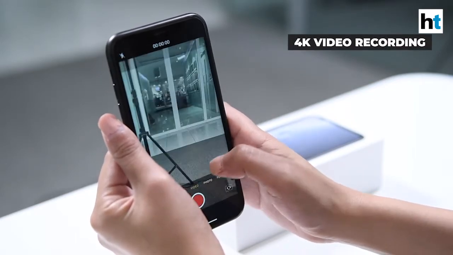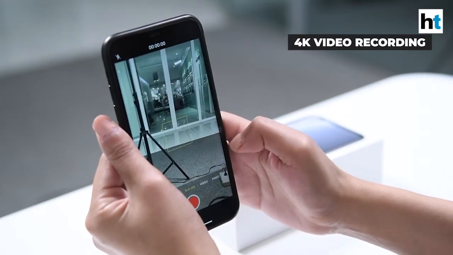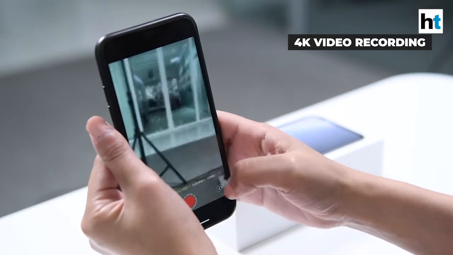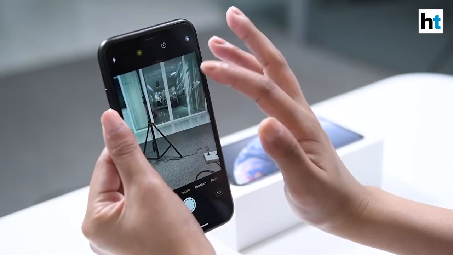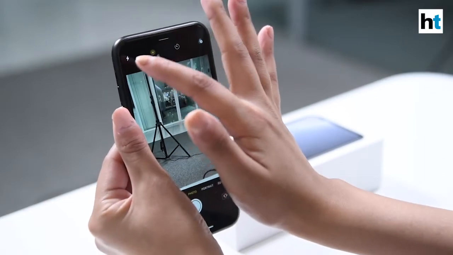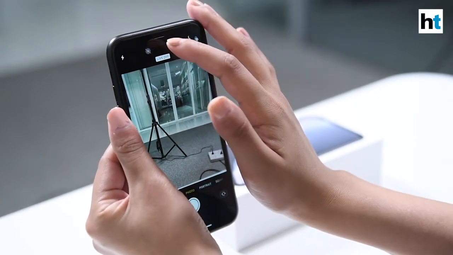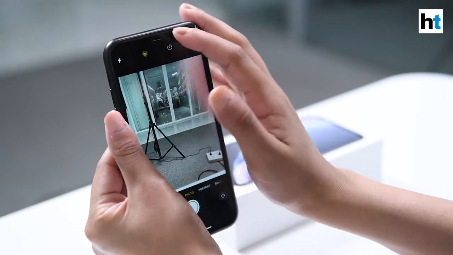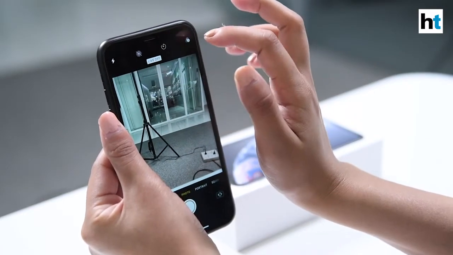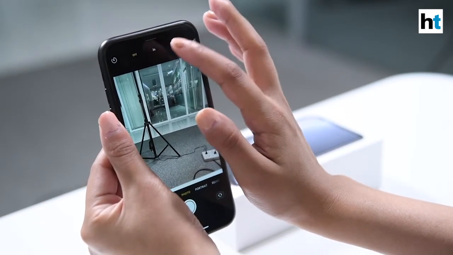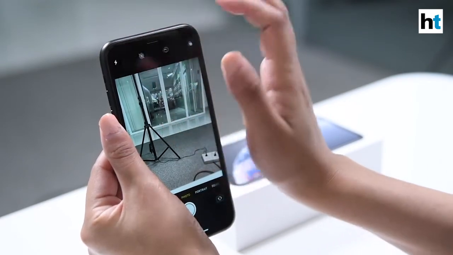Now moving to the left, you have the slow motion videos, and on the corner here you have the time-lapse videos. More features that I can talk about here is you have the flash icon here, then you have this option which is for live images. Now basically what live images are, GIF images. Then you have this icon, that's the timer, so you can set timer for 3 seconds and 10 seconds.